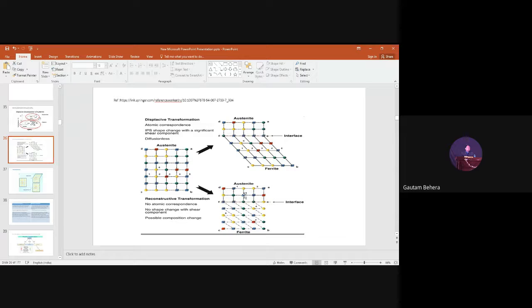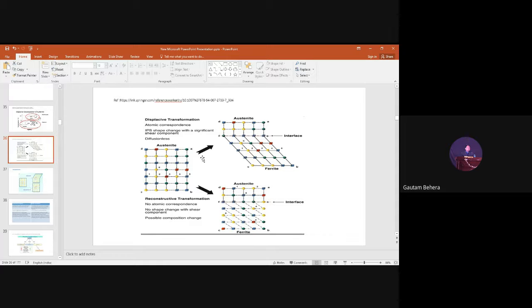You can check the position of atoms 1, 2, 3, 4 is like this. But here the position of atom 1 is here, 2 is here, 3 is here, and 4 is somewhere here, right? But in this one, you look at 1, 2, 3, 4, 5, the same order. This kind of movement of atoms is called coordinated movement or military movement of atoms. Like military people marching forward, moving in coordination. But there is no diffusion actually. They just get sheared.